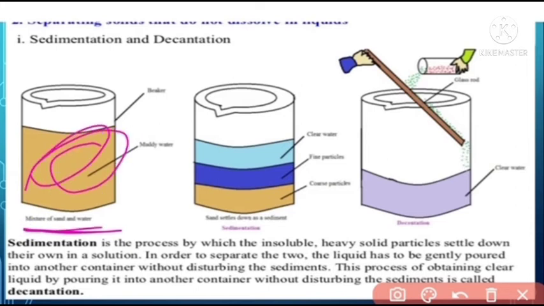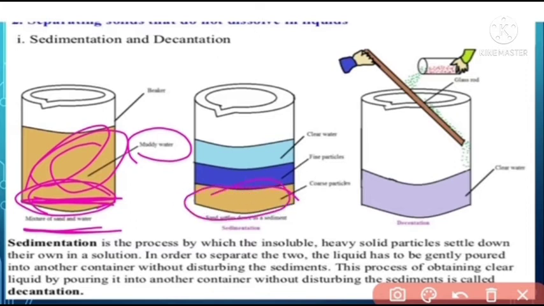So sand particles, after some time, settle near the bottom of the water. Any mud present in the water also settles near the bottom of the liquid. This applies to river water, sea water, lake water, etc. Then the sand settles down as a sediment. The sand particles or any mud act as a sediment.